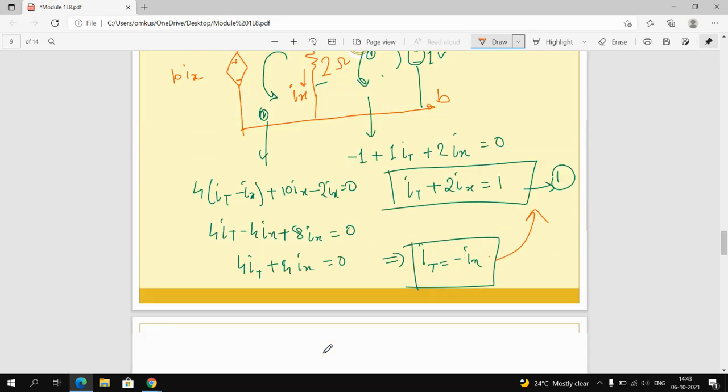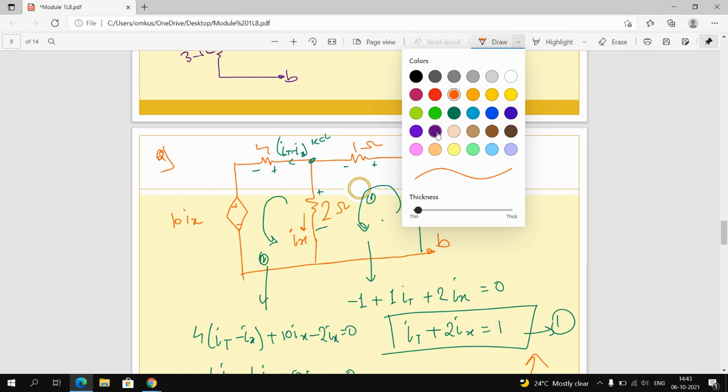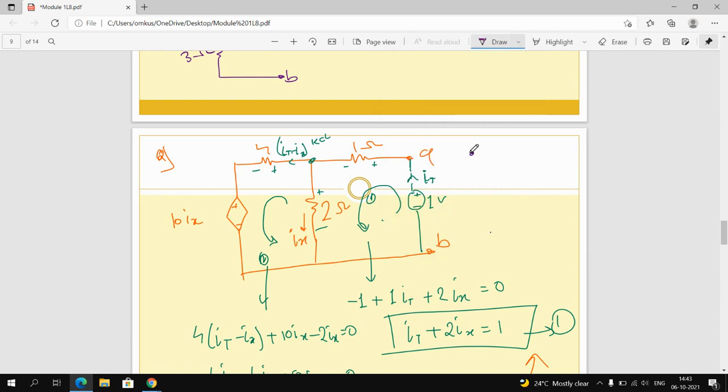Now the IT value is minus 1, which means the direction of current is changed. We took the direction in the upward side, right? And the polarity of that voltage source is plus minus. So in actual, what is the polarity of that voltage? In actual, the polarity of that voltage source is minus plus. This is the correct polarity, and the direction of current across that terminal A and B is the downward direction, IT. That is the correct polarity. Okay,